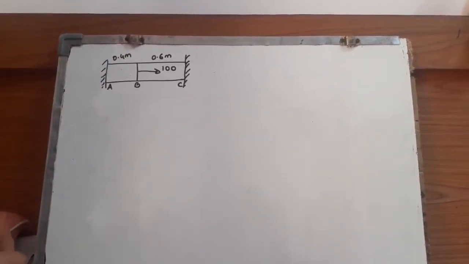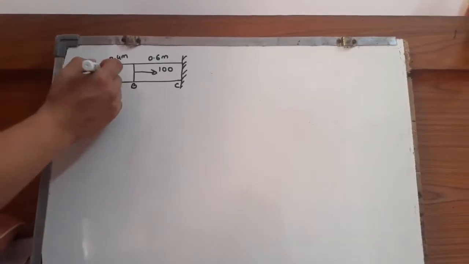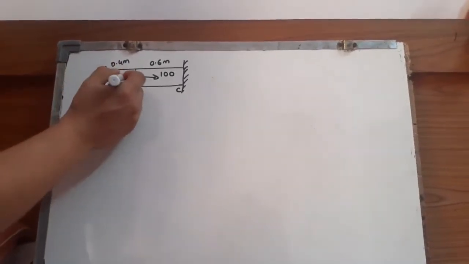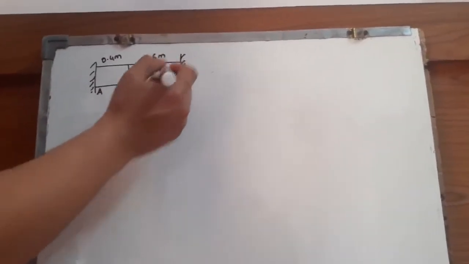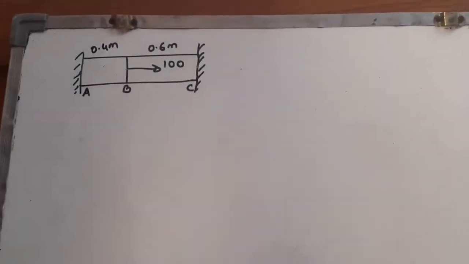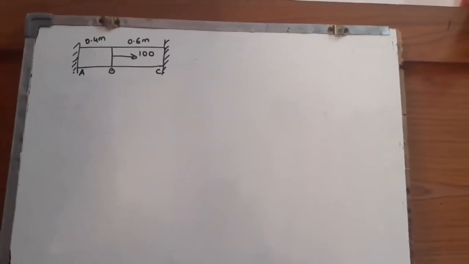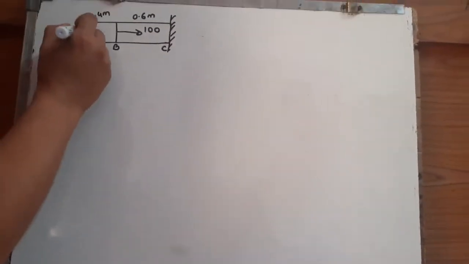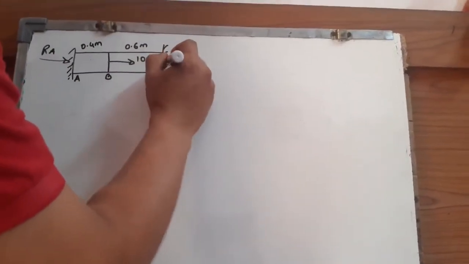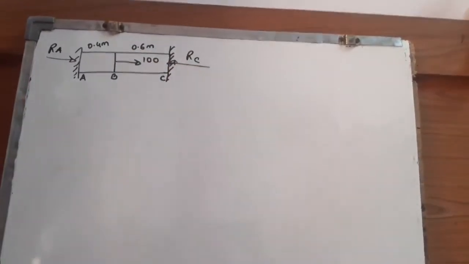Now this is a principle of superposition because you have three different joints. This is one joint, this is another joint, this is another joint, and all the joints are acted upon by different loads of different magnitude. Now here when it is supported, there is only forces in one direction, so you have reaction in one direction only. So let us assume that this is a reaction RA acting here, and let us assume that this is a reaction RC acting in this direction.